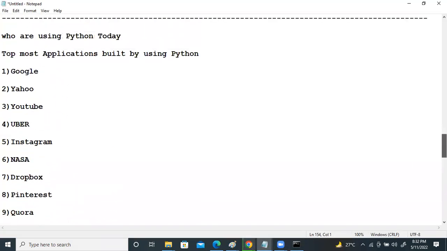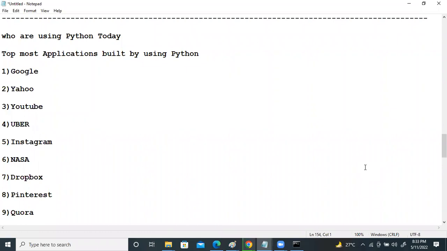I'll let you know what course content I'm going to discuss as part of this course, starting from the basics to the advanced level. Starting with Python installation, step by step, how to download and install Python, and working with IDEs in real time, integrated development environments like PyCharm, PyDev, Komodo, Spyder, Eclipse, NetBeans, Jupyter, Atom, VS Code.